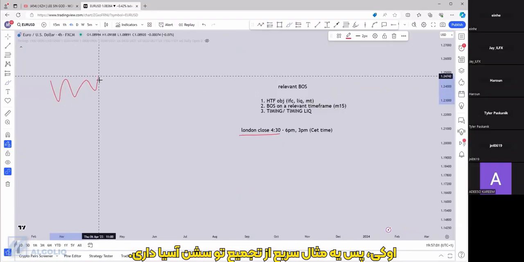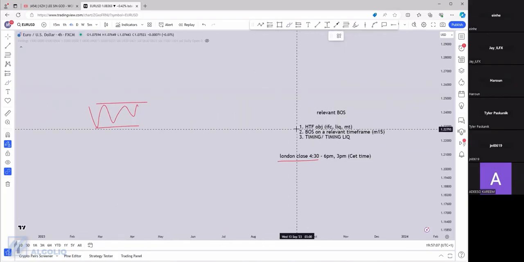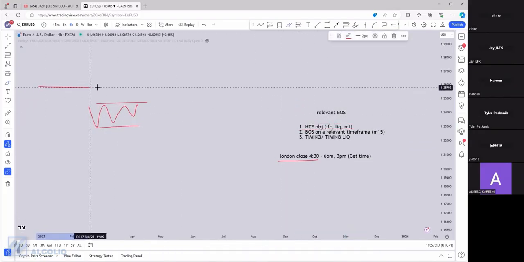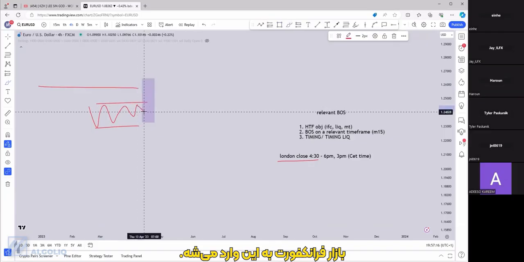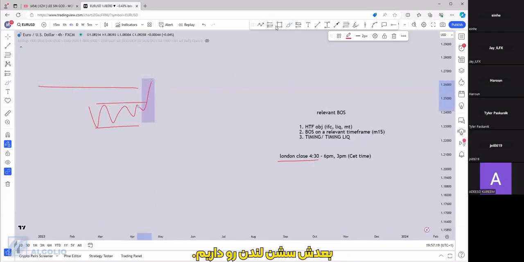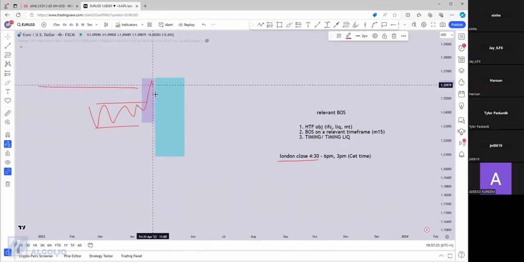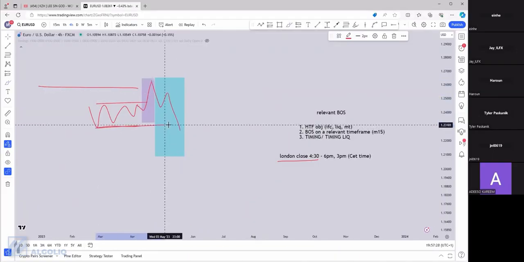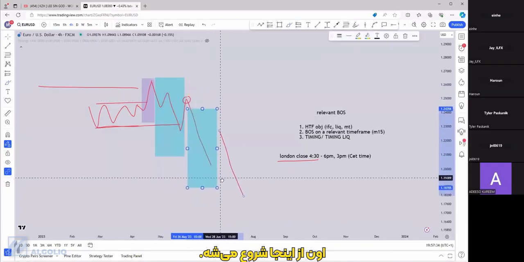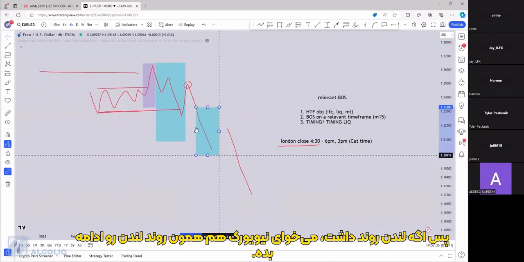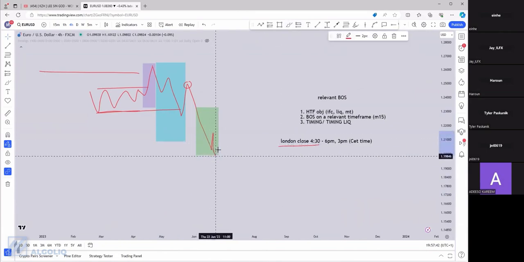Okay, so you have Asian. A quick example, you have Asian session accumulation. You have a higher time frame objective right above. You have Frankfurt open into it. Then you have London session. You have your relevant breaker structure. London is trending, you can take this sell. Then you have New York, that starts here. So if London was trending, you want New York to continue London. And if this happens,